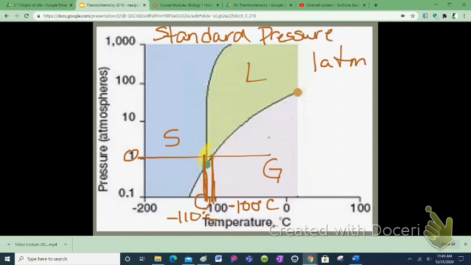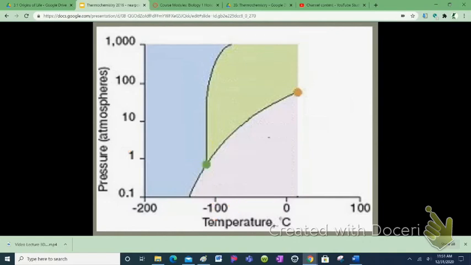Make that a negative. So at negative 110 degrees Celsius, my substance is going to freeze. And at negative 100 degrees Celsius, my substance is going to boil. It's not water, because we know water is 0 and 100 degrees Celsius. So let's see if we can do a couple of questions on here,